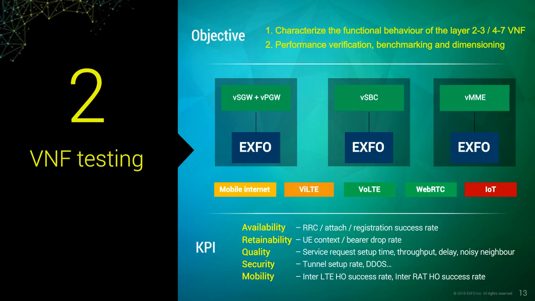Because remember, at the end of the day, NFV is all about reducing the total cost of ownership. You just don't want to throw away a lot of hardware just because you wanted to make it work. So the cost efficiency and cost savings can be achieved if you optimize the whole thing. And finally, the third one is dimensioning. Normally, based on our experiences, there are different ways service providers dimension it. They basically rely on the theoretical values from the vendors, and on paper they do the calculations and build the network.